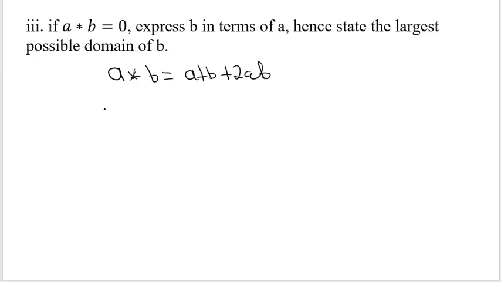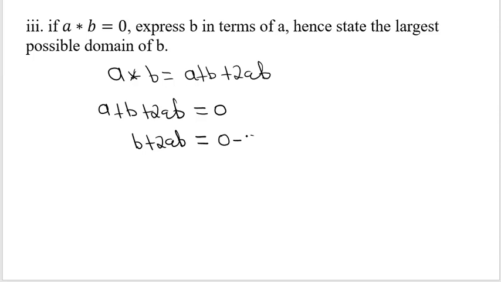Therefore, we are going to have A plus B plus 2AB. This is equal to 0. We want to make B the subject, so the terms having B, we maintain them at one side, then we shift the other terms without B to the other side of the equal to sign. So we have B plus 2AB. This will be equal to, we shift the A to the other side, and that becomes,